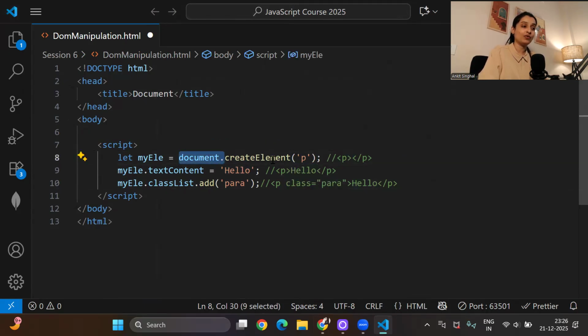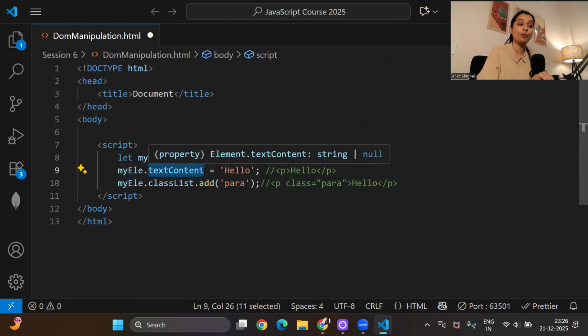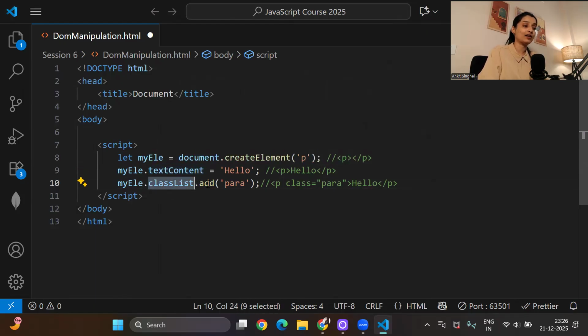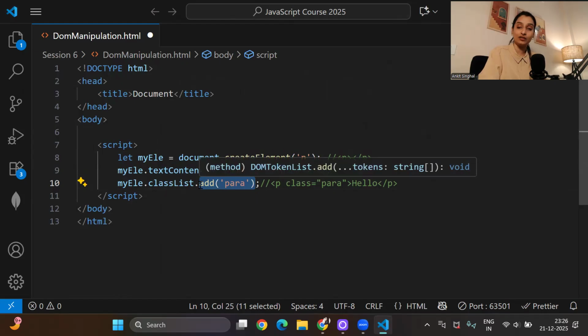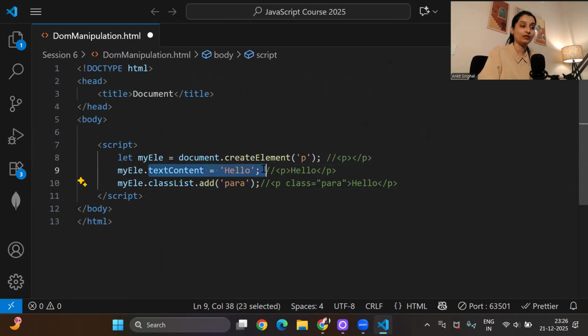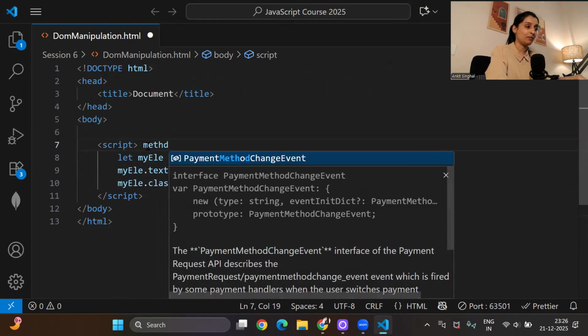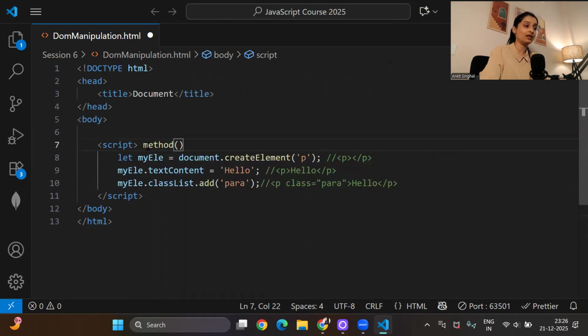First method createElement, second is the textContent property. This is not a method, this is a property. And the next, classList.add method. If it is a method, we usually call the method like this, method name, after that brackets. So we don't have any brackets for textContent. Do remember this. Now once your element is ready, let's say you want to add color